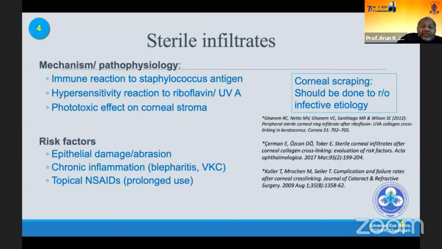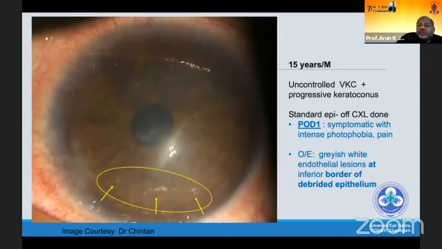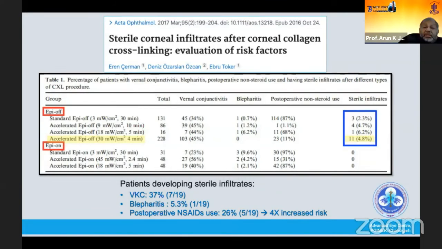And again, the risk factors are epithelium we are damaging, and chronic inflammation like blepharitis and VKC, and prolonged use of non-steroidal anti-inflammatory drugs. This is another patient presenting with peripheral infiltrate, and this study has highlighted the various risk factors for sterile corneal infiltrates, and the most important risk factors are VKC, uncontrolled blepharitis, and, as we have already highlighted, the use of